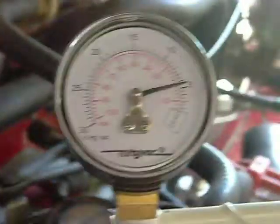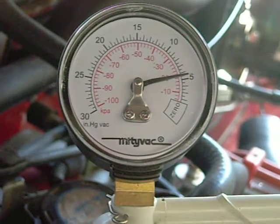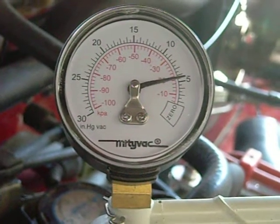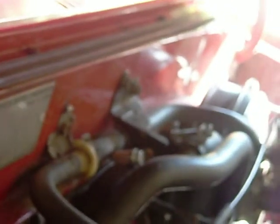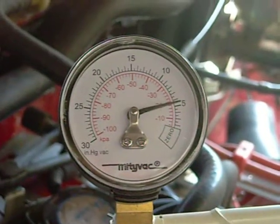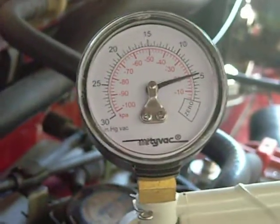So it appears that he told me you can pretty much rest assured if you're holding 4 inches of vacuum that it's working. Now I'm not running here. It's not running, so I'm not sure if that's going to affect it. So I guess I will try this test again where I plug off the hose I pulled off. I think that's how I did it before, and then pump it